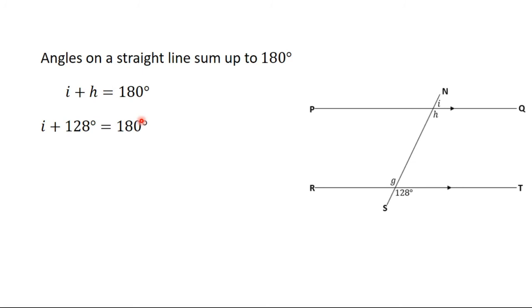We have already found H to be 128 degrees. So we say that I plus 128 degrees will give us 180 degrees. Then if you simplify, you are going to have I equal to 180 degrees minus 128 degrees. Then I is equal to 52 degrees. So we found I, we found H, and we found G using the properties that we've learned in this video